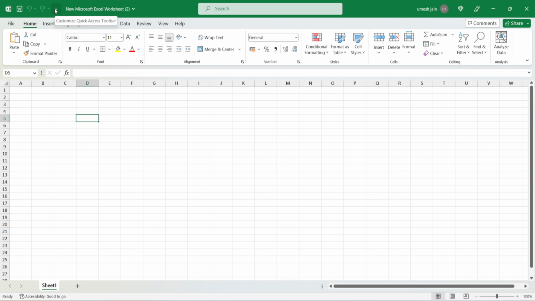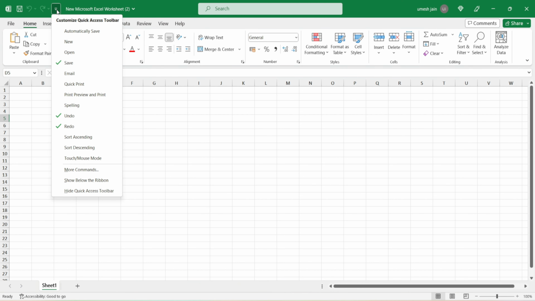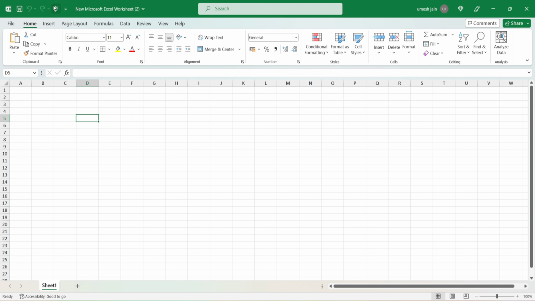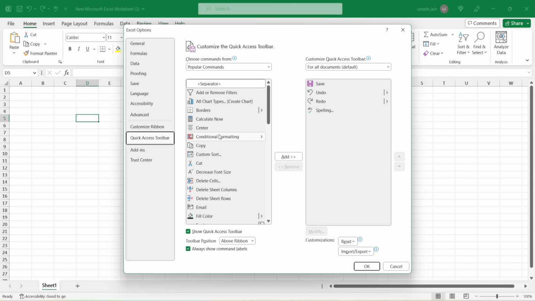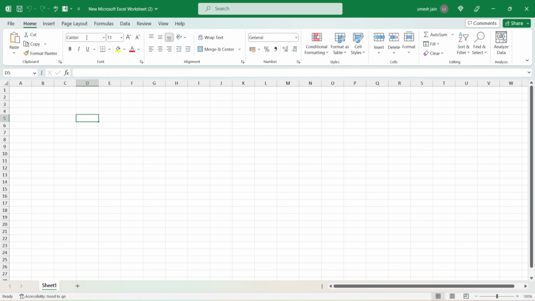At the top left corner of the Excel window, you will find the Quick Access Toolbar, QAT. The QAT contains the most frequently used commands like save, undo, redo. You can easily customize the QAT by adding or removing the tools you use the most by clicking on the required command, like this. You can add more commands by clicking on More Commands, selecting the required command, and adding it to the Quick Access toolbar. The QAT allows quick access to the commands you need without navigating through the tabs on the ribbon.